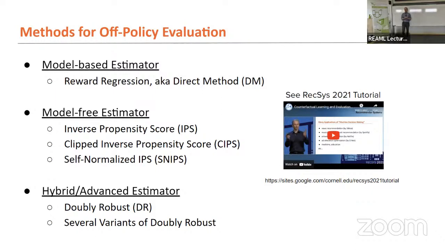And with that, let's take a little break. And then after the break, we'll start with how do we take these estimators and design learning algorithms that automatically find us, not just evaluate a single policy, but find us the best policy in some policy space.